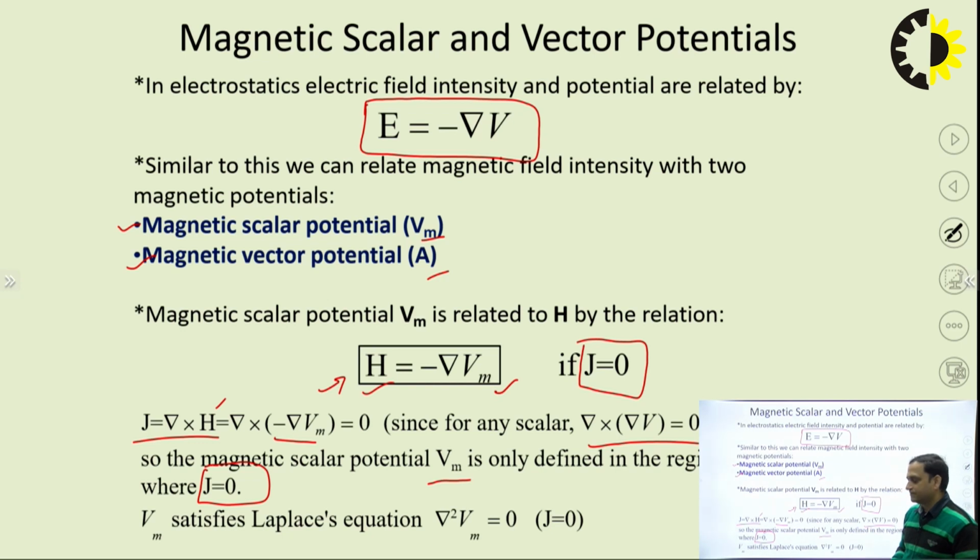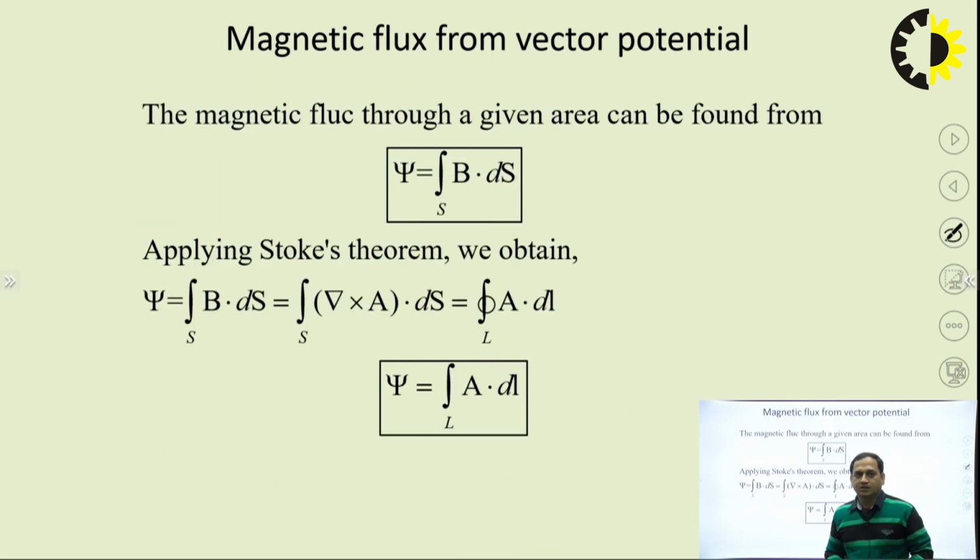So Vm satisfies the Laplacian equation. That is, del square of Vm is equal to 0. The condition is the same, J is equal to 0, right? So it satisfies the Laplacian equation. Now we have this definition about the magnetic flux